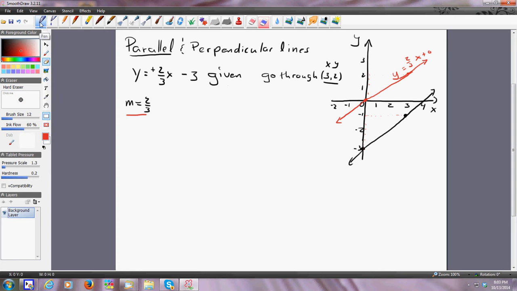And I'm going to put in something new. You know what? Before I do that, I'm going to write down that my parallel line was y equals 2/3 x plus 0. The symbol for parallel is 2 lines like that. The symbol for perpendicular is the upside down T. And remember, perpendicular lines meet at right angles. So I'm going to still work with this equation. Now I'm going to have my new line